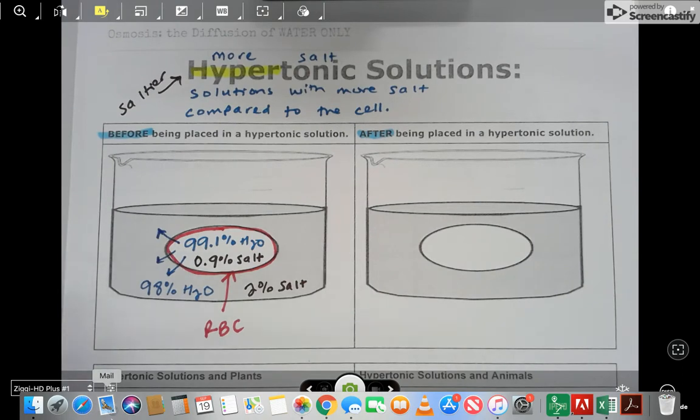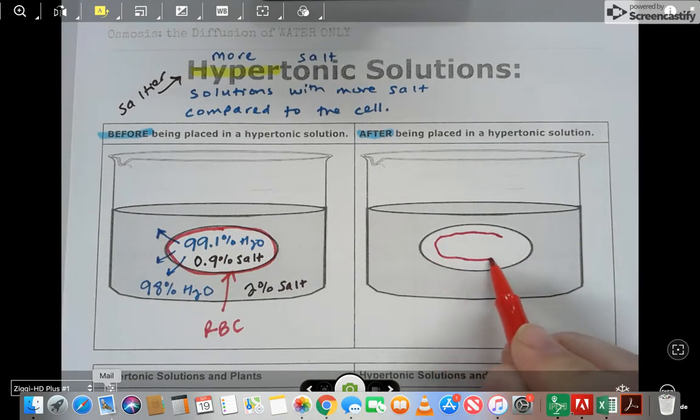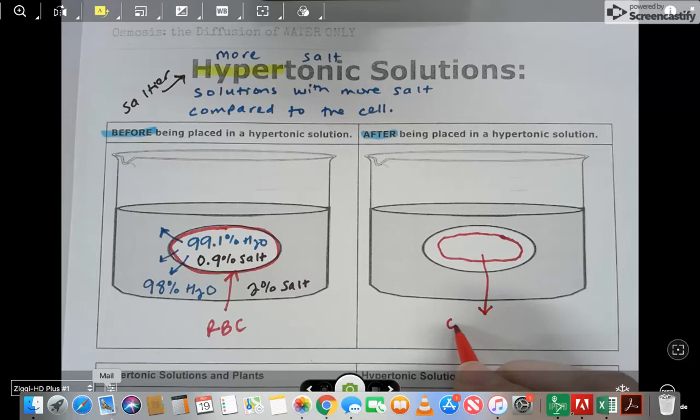As a result, this cell shrinks. So this is going to be the same color I used to highlight that cell I'm going to use over here to show my resulting cell. Okay. The result is that the cell shrinks,